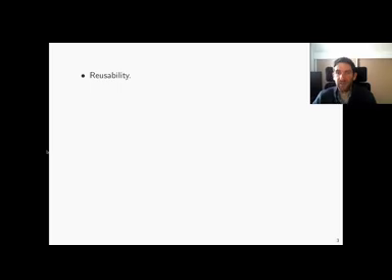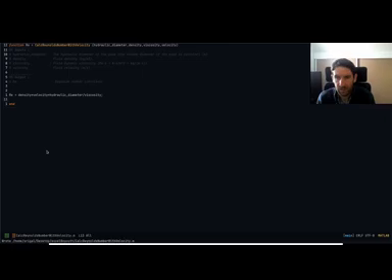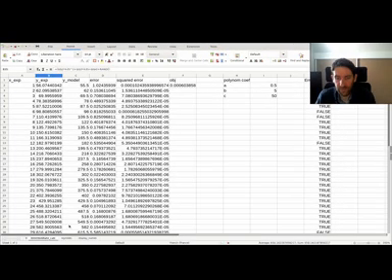Okay, so now about the reusability of what you do in Excel. I have just talked about that a bit, but first, I would like to talk about the separation between what the user sees and what the developer sees.